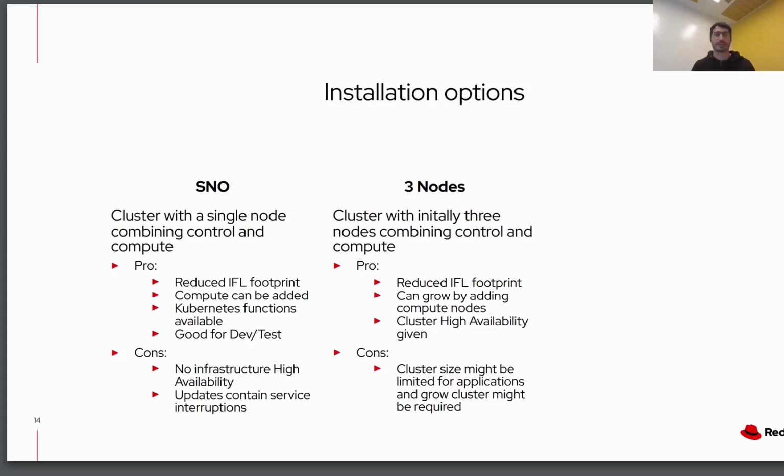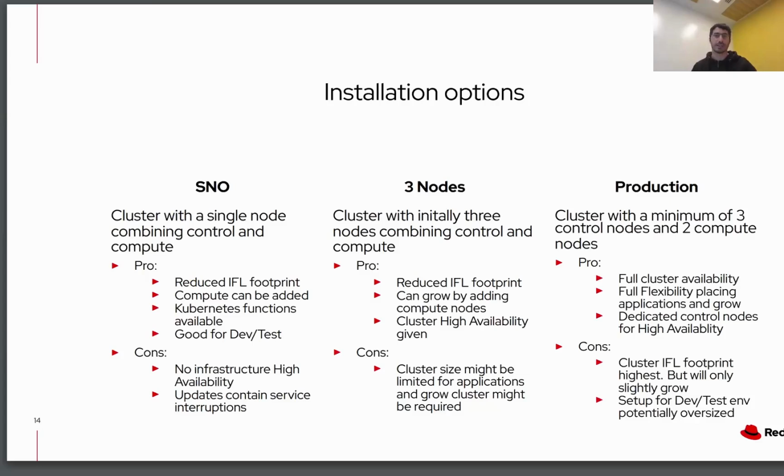So if you want to scale up your cluster, that would be a little bit more tricky. And then there is the production grade kind of installation where you have at least 5 nodes, 3 controller nodes and 2 compute nodes or worker nodes. And then you can eventually increase the number of compute nodes distinctive from controller nodes, which means that if you want to onboard multiple applications over time, you can add more and more compute nodes so that basically you have enough resources for all of those.